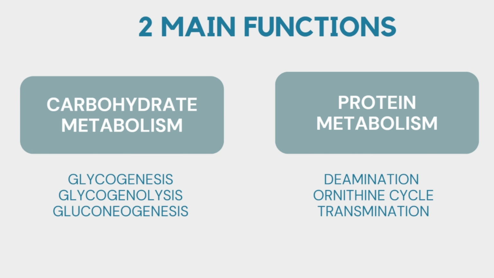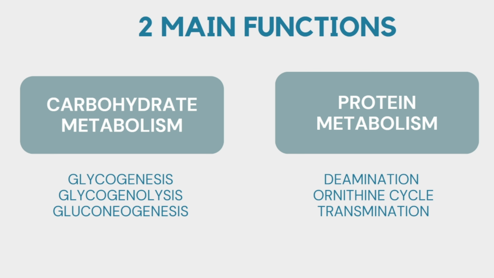In carbohydrate metabolism, you already learned in Sem 1 about glycolysis, because glycolysis happens in every cell, where you use glucose to provide energy. But the liver not only undergoes glycolysis, it also undergoes other types of metabolism,